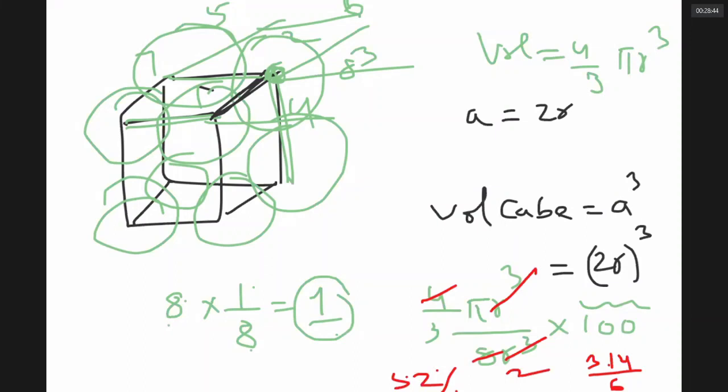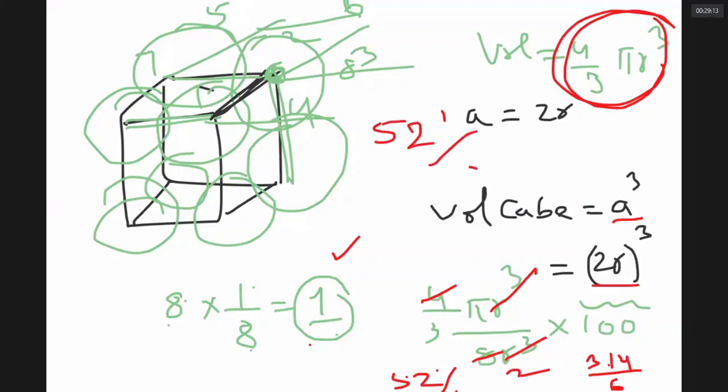I would say in a simple cube, there is effectively one particle. Volume occupied by one particle is 4/3 pi r cube. This 4/3 pi r cube is the space occupied, and the available volume of the cube is a cube, that is equal to 8r cube. So out of this 8r cube, only 4/3 pi r cube is occupied. 100 means how much? It is 4/3 pi r cube by 8r cube into 100. That is, it is 52% efficient. Are we very clear about it, sir? Yes, sir. In a simple cube, efficiency is just 52%.